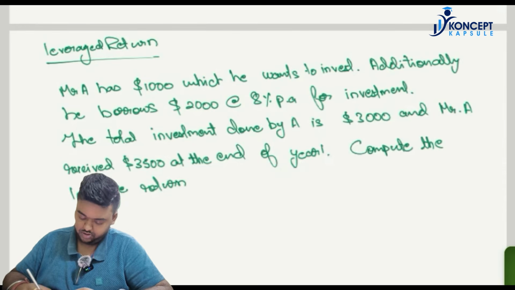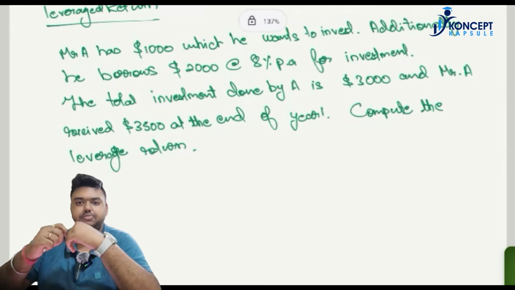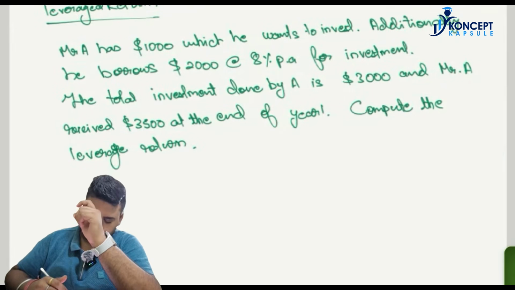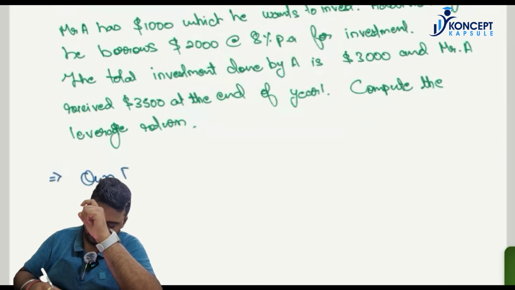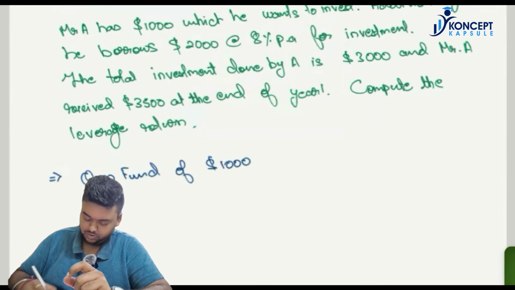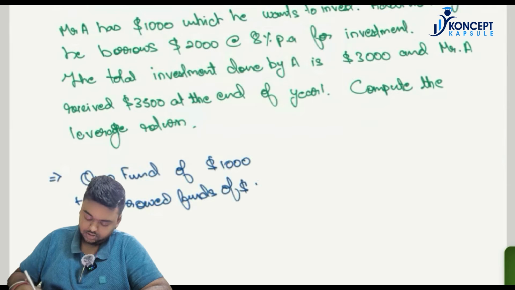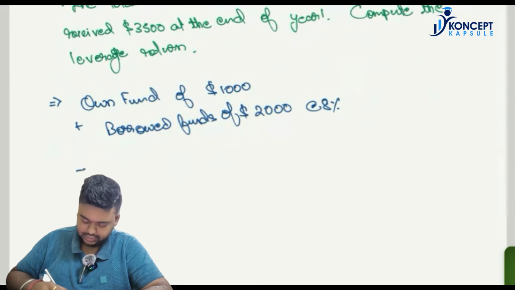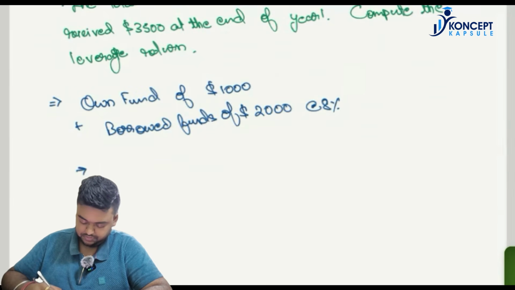So what is the question? It is given that there is a person, Mr. A. He has $1,000 of own funds, plus borrowed funds of another $2,000 at the rate of 8%. The amount that he received as a return on investment, or the amount which he received after a year, is